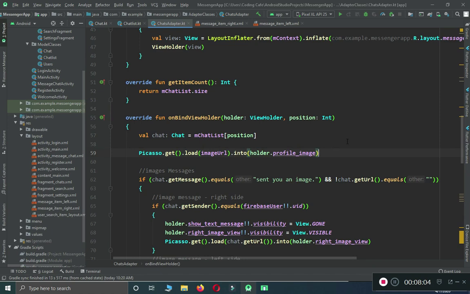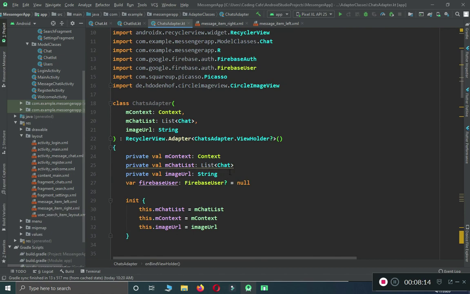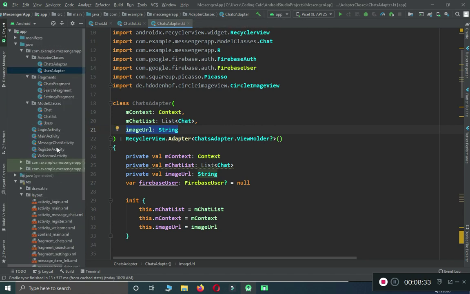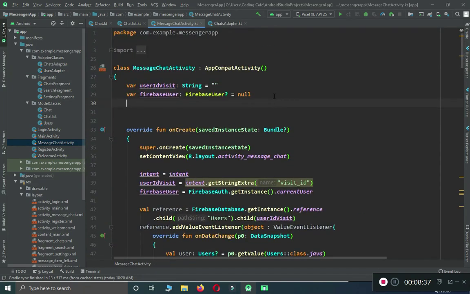So now we can easily call our chat adapter class on our message activity and also on our chats fragment. On the message chat activity, we want to display the messages, so we have to pass only three parameters to this chat adapter from the message chat activity, which is the context, the array list, I mean mchat list, and then image URL. So let's come back to our activity, which is message chat activity, and at the top we can create an instance of our chats adapter,